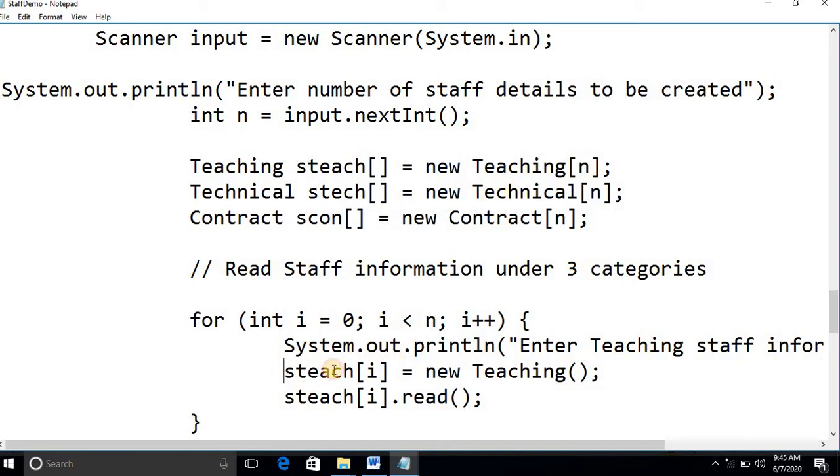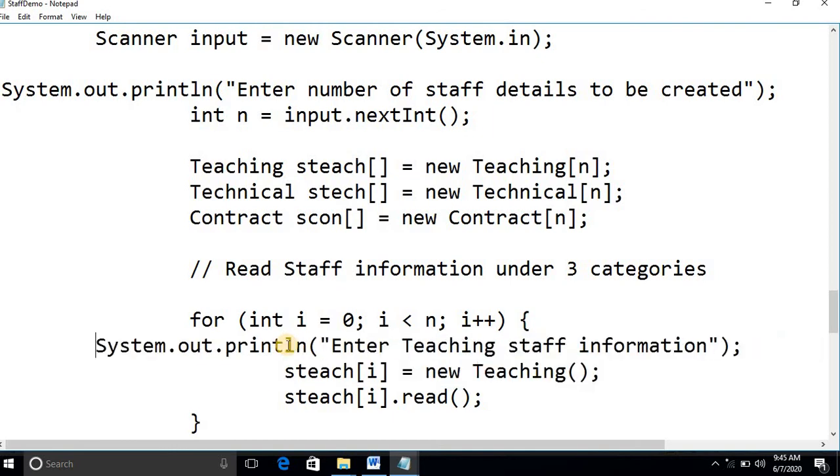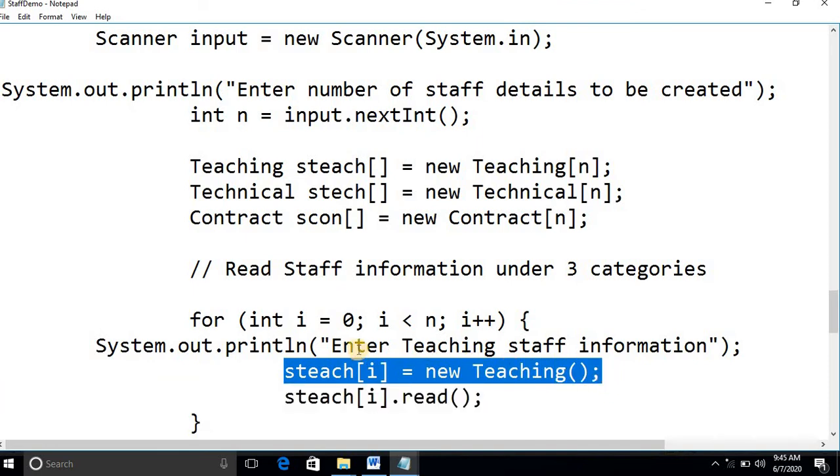So we need to allocate memory. We already discussed in class how to create an object. Here steach of i is just a variable, that's all, but memory is not allocated. You need to allocate the memory by giving new teaching. After that we have to read.